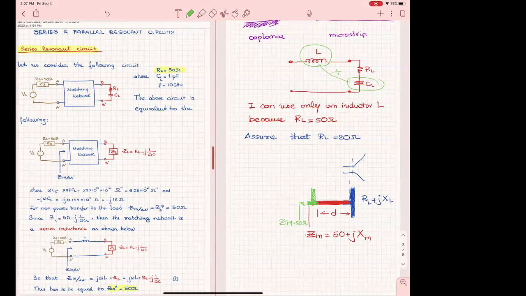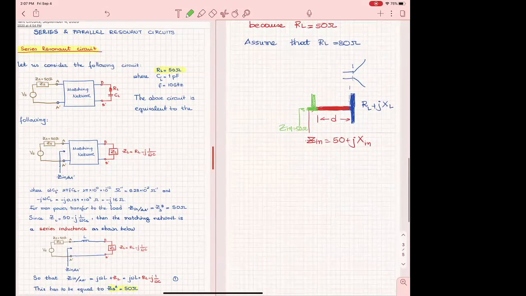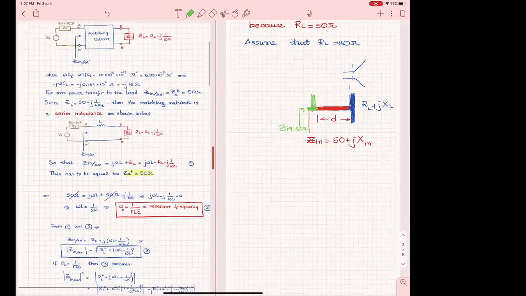So with this in mind, in that particular case, as you said, if my R sub L were not 50 ohms, then I would have to use, of course, a transmission line and a stub. But now that it's 50 ohms, my solution is simple. And the solution is this one.